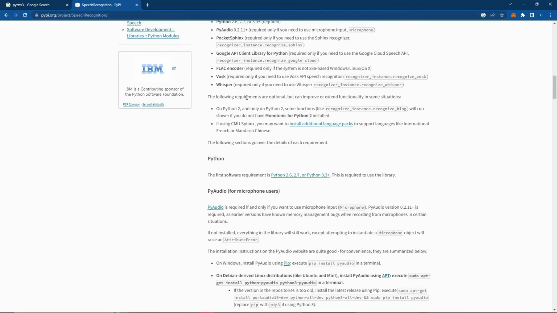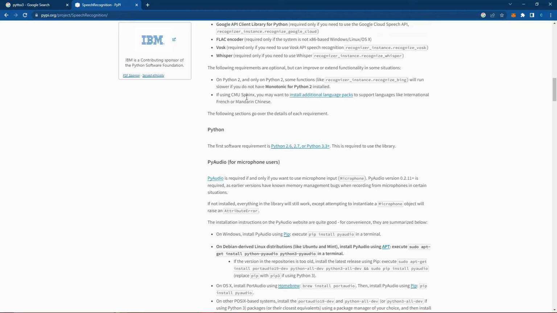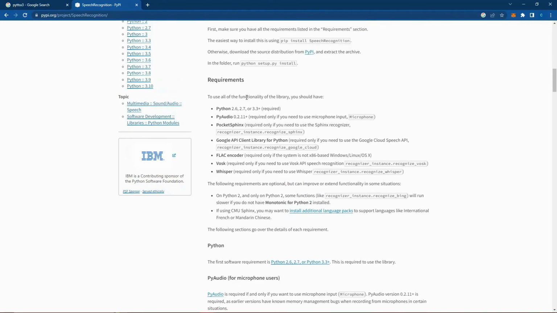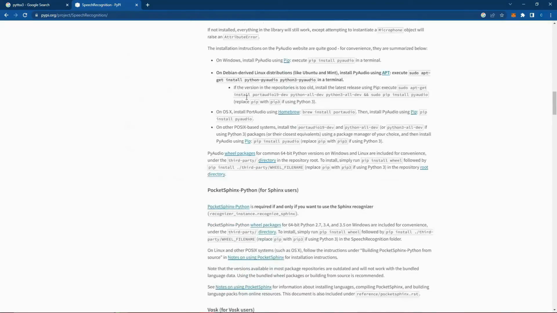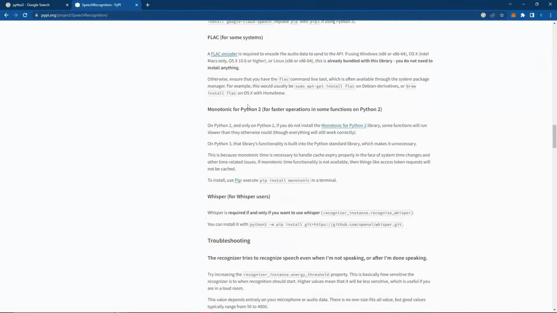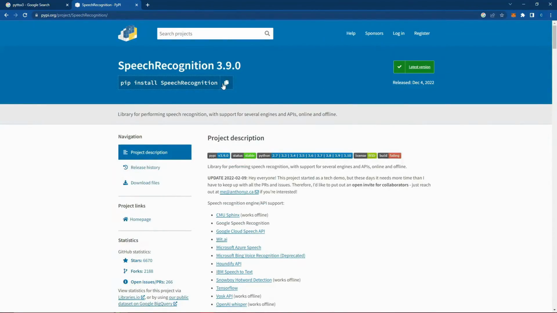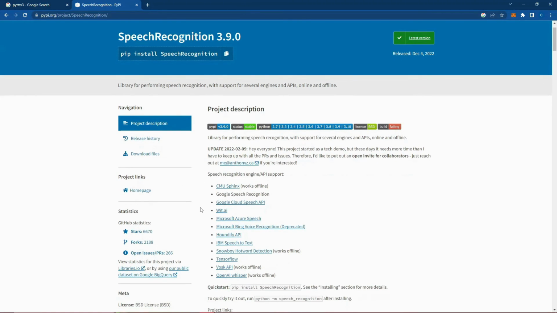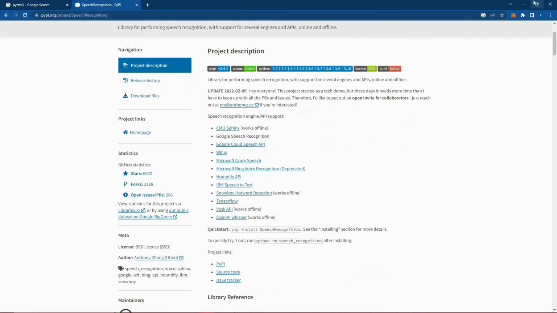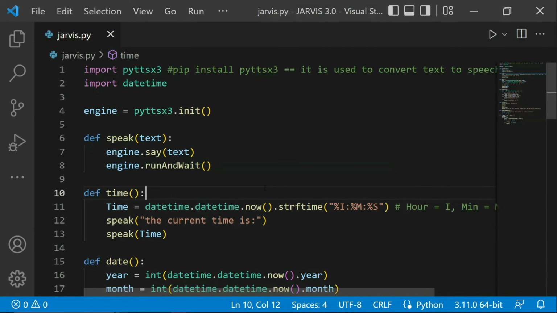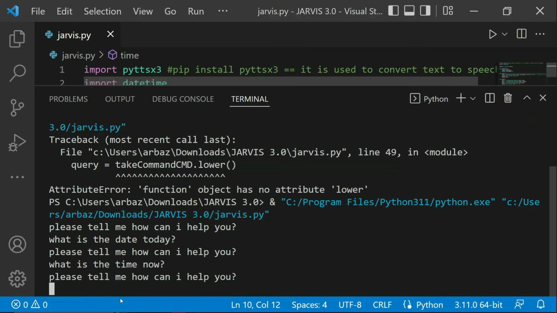You can go through it, and if you want to add a particular feature or function, you can add your own features into it as well. But for now, we are going to keep it simple and install it onto our system. For further references, or if you want to add any functionality, you can go through the documentation of this library. I will minimize this, and over here we're going to open our terminal,